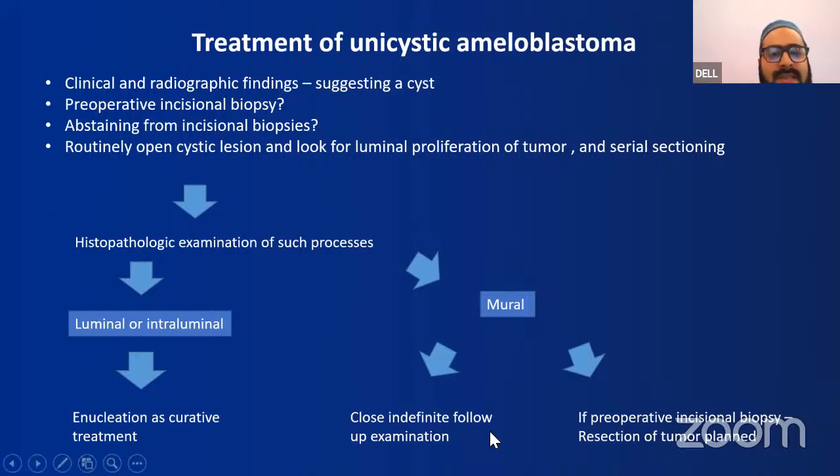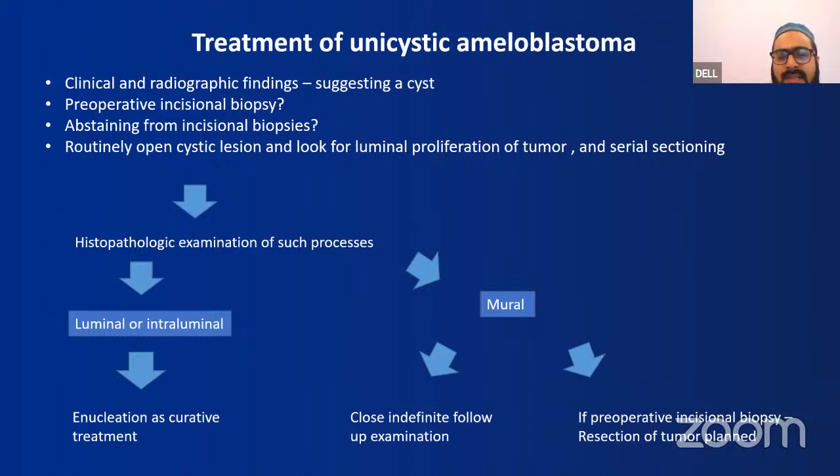Some authors have even suggested abstaining from incisional biopsies, but sometimes we have to do them to rule out other pathologies like OKC. Once we have removed the entire cyst or the cystic lining, we have to look for the mural or intraluminal proliferations. If after enucleation only luminal or intraluminal proliferation is seen, then the enucleation will serve as a curative treatment. And if there are some mural proliferations within the cyst wall or some nodules within the capsule,